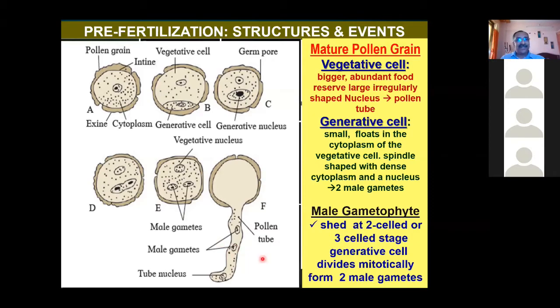Okay, now I will come to the answer. I didn't get any correct answer. The correct answer: one is the tube nucleus, in the male gametophyte. This is also a nucleus. This is also a nucleus. This is one nucleus, this is the second nucleus, this is the third nucleus. लेकिन slowly ये nucleus disorganized हो जाएगा. Then only these two will remain. And these two nuclear bearing structures we say are two cells, two male gametes.